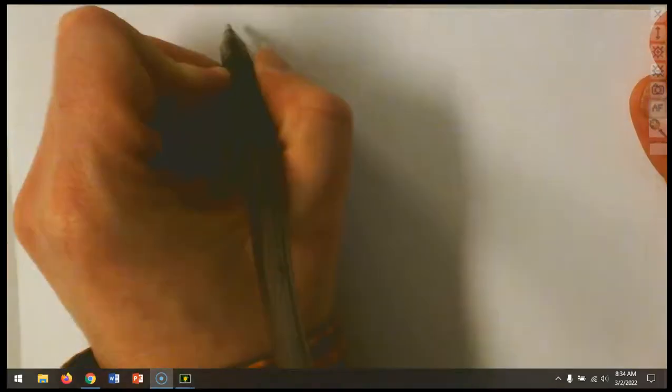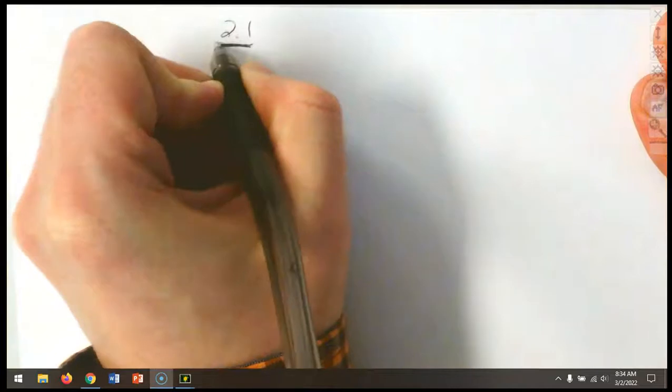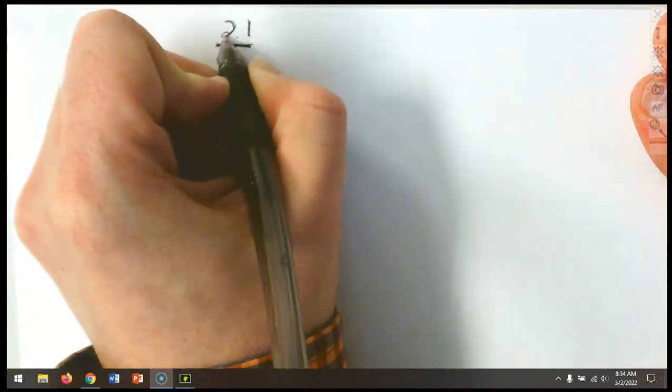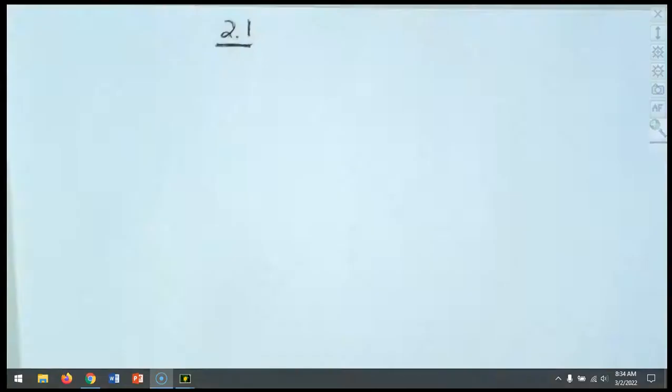And there's not a lot in 2.1. 2.1 is a very small section. A lot of it should be review, but there's one part that is brand new. So we're going to go ahead now and look at 2.1, and we're going to discuss ordered